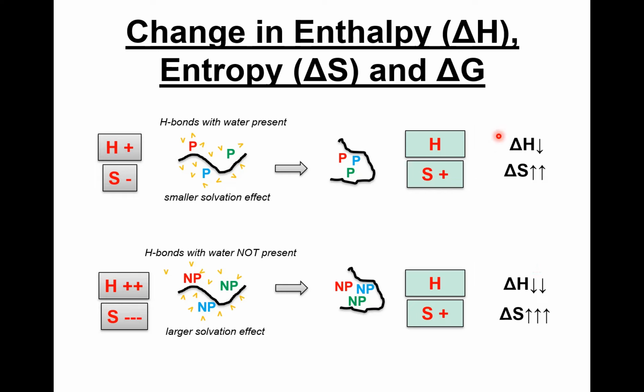So now if we combine these two changes together, figuring out what happens to the delta G, right? This is the formula: the change in enthalpy minus the change in entropy times the temperature of the system. Temperature will be the same in both scenarios. Now, if you take into account these two components, you can figure out that the change in delta G in the presence of non-polar R groups here, based on the hydrophobic interaction with them, will be much bigger. So the lowering of the delta G in this scenario is much bigger than when you have polar R groups